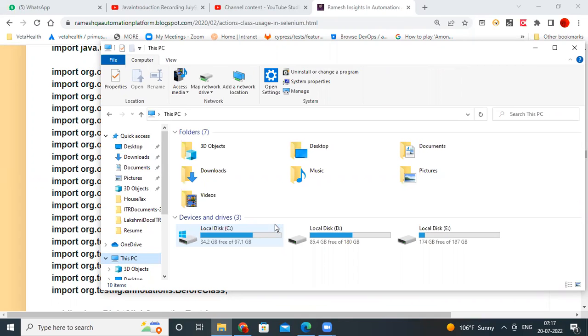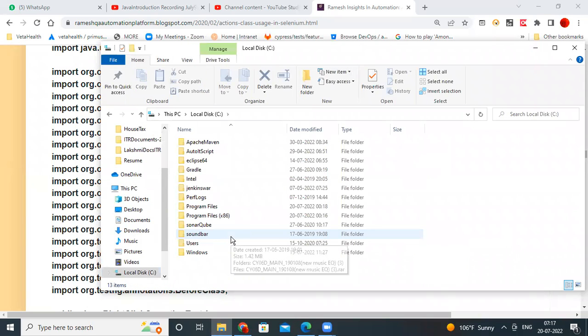by.id, by.name, by.class name, by.xpath, by.css selector, by.tag name, by.link text, by.partial link text. Only these locators you have till Selenium 3, and in Selenium 4 also these locators are there. In addition to that, they have added extra locators. Those are called